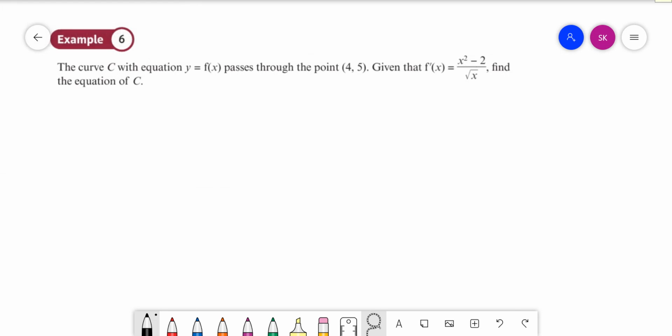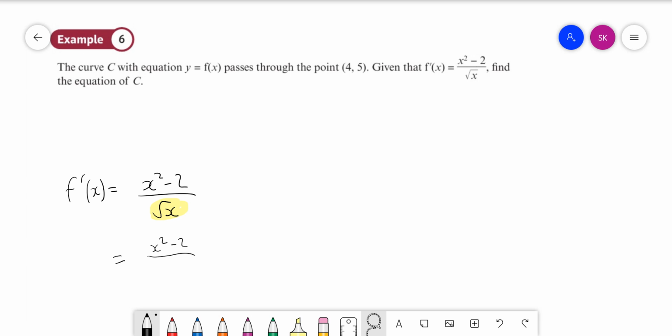So this is quite a nice question because it combines a few of the different things we've been looking at. So we're told f dash x is equal to x squared minus 2 all over root x. This is one of those situations where I've not got it all in one line because I've got some denominator here. I've got x as a denominator, and I've also got a root sign. So I need to deal with this by making it